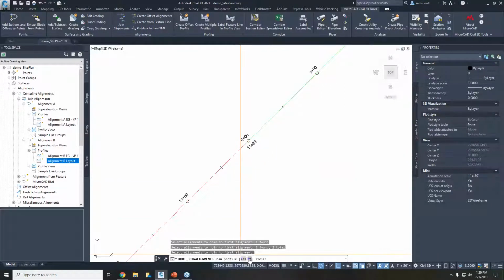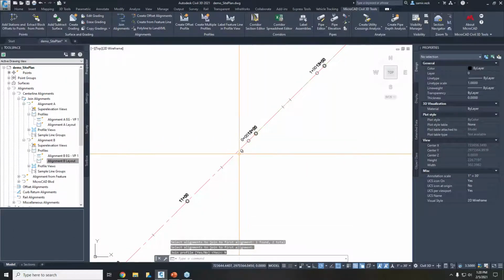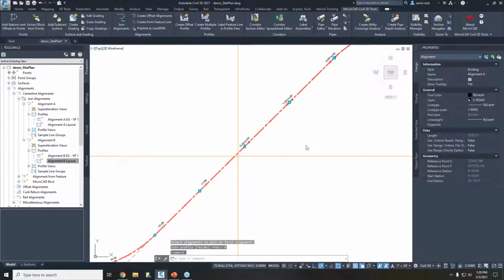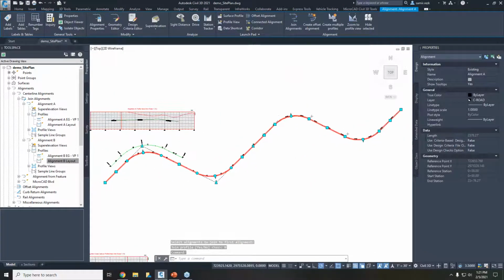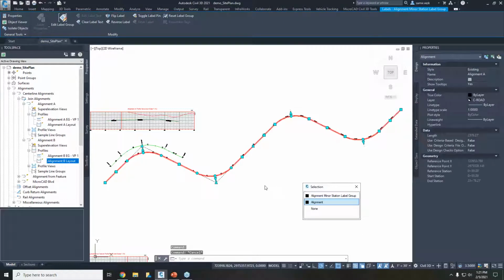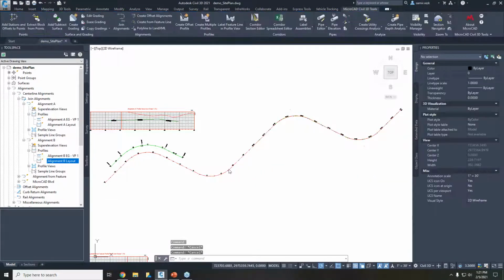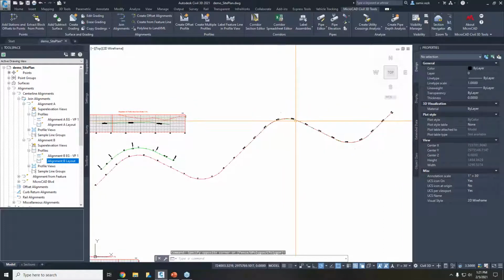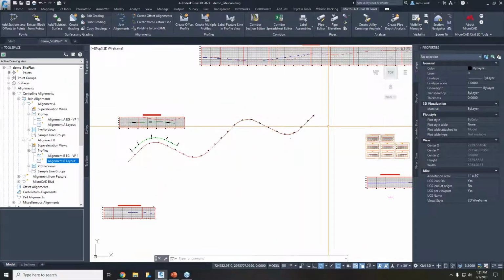and then I can join the profiles as well if I want to, but here it is. I have one single long alignment now created for me, and I didn't lose the data that made up these things. So very, very handy when you have maybe a highway job that you're working on, where you started out with a legacy alignment and you're joining in with a proposed section, and you just want to create one continuous long alignment. Moving along,